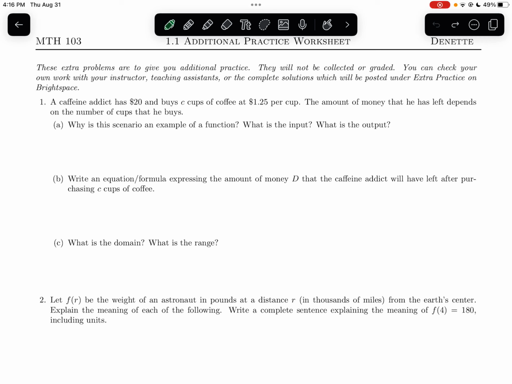So question 1, you're first asked to explain why this is an example of a function. It might actually be useful to do these 3 questions first. So the input variable here, that's what we're looking for, would be the number of cups purchased, say,